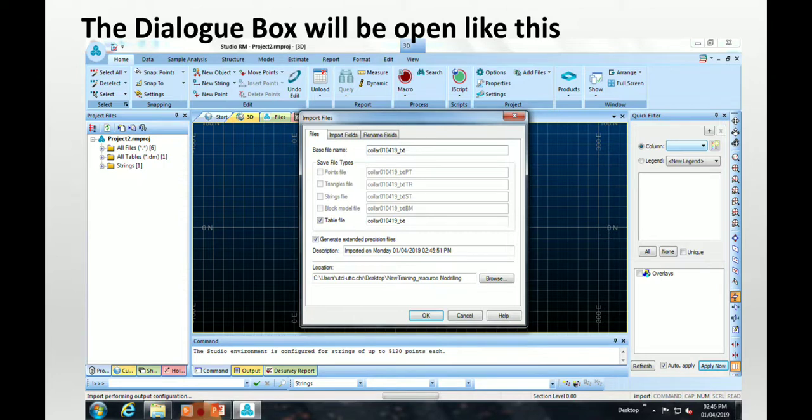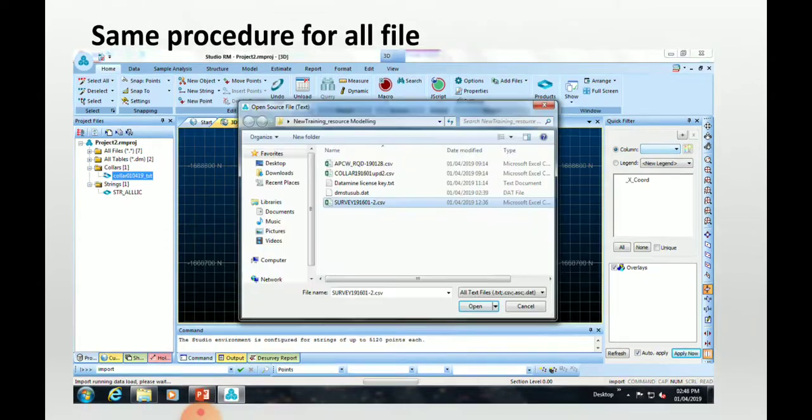This dialog box will open. The file name will show in the base file name. OK. Again we will follow the same process for the survey file.